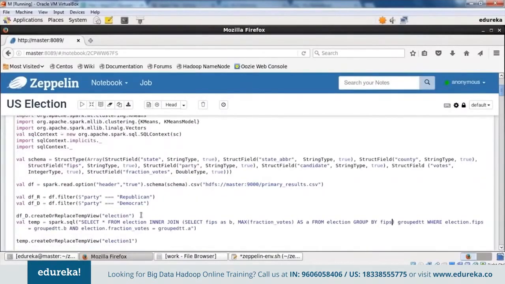Now what I'm going to do is divide up certain rows from my data set, because you know that my data set contains both the Republican and Democrat data, and I just want the Democrat data, right? Because we're going to analyze the Hillary Clinton and Bernie Sanders part. So this is how you divide your data set. We have created one more variable called df_r, and we have applied a filter where party is equal to Republican. And then we are storing the Democrat Party data into df_d.